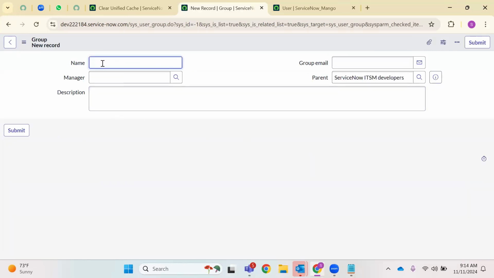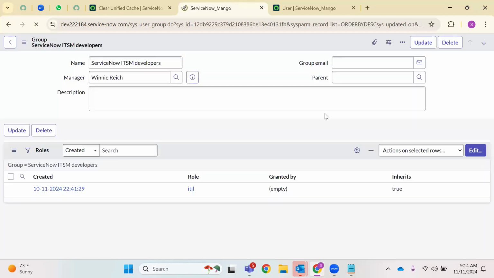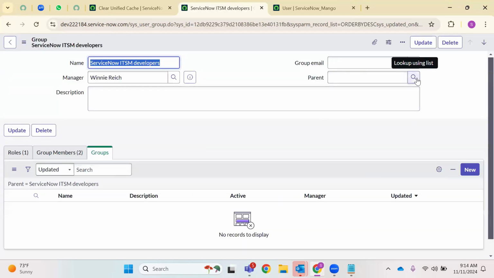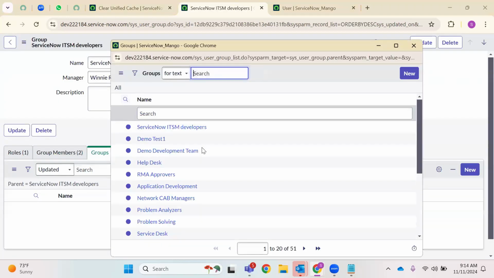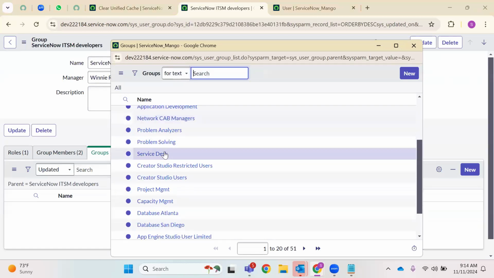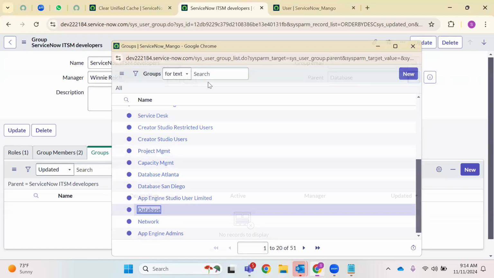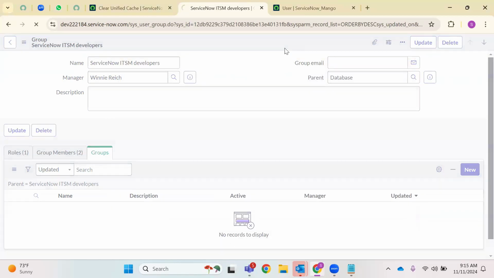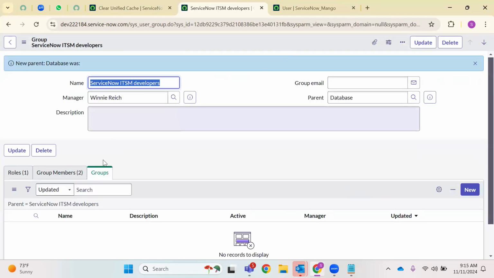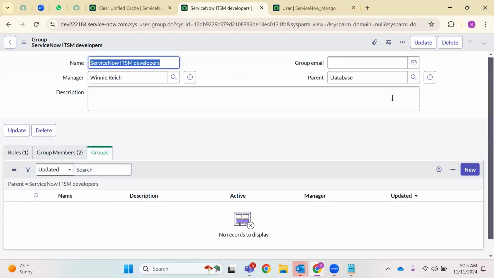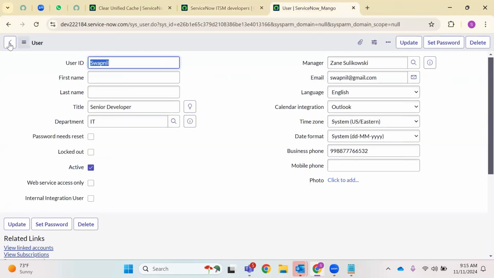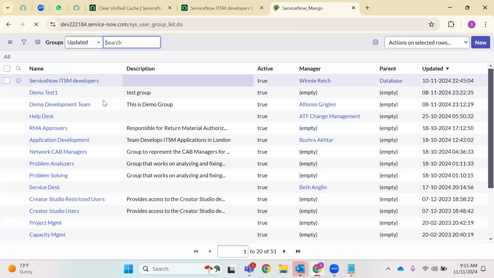See, I can create a group from here. That also gets added. The other way, you can select the group name from this parent group. For example, let's go and add database as a parent group. Save it. Refresh it. See, the parent group is database. It is clearly saying. Now if I go back to user group,